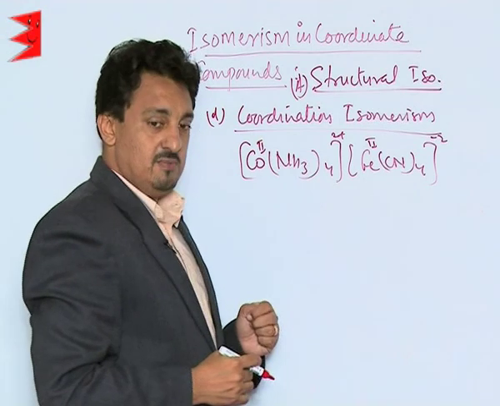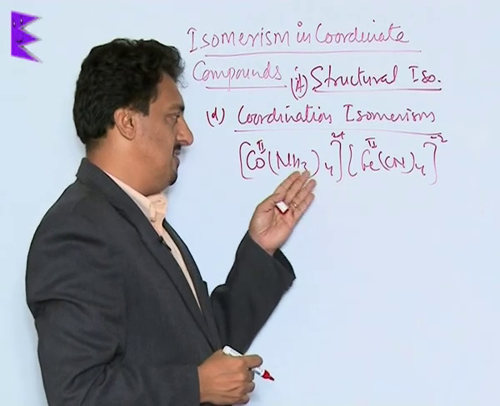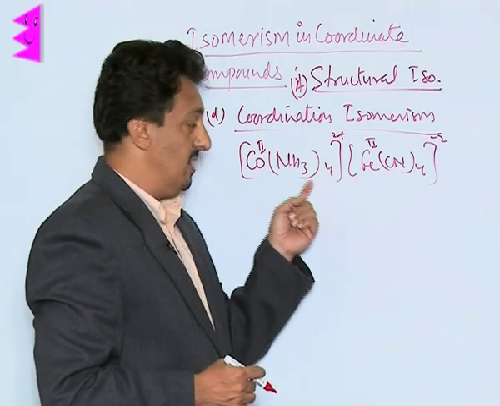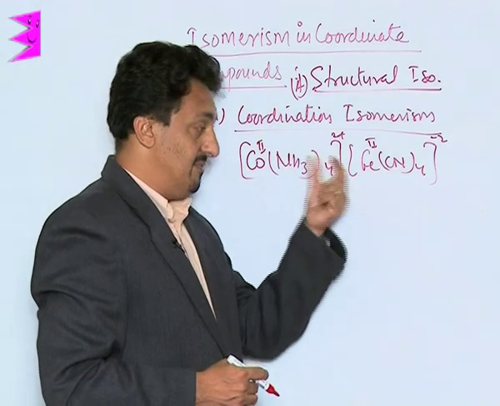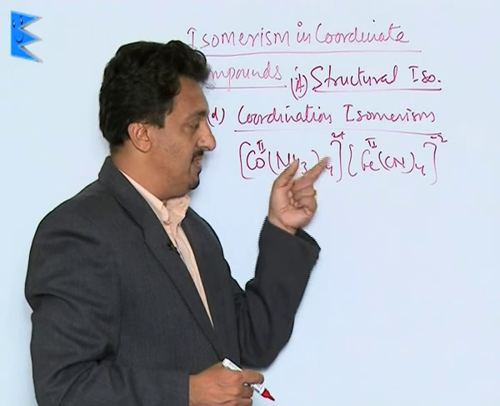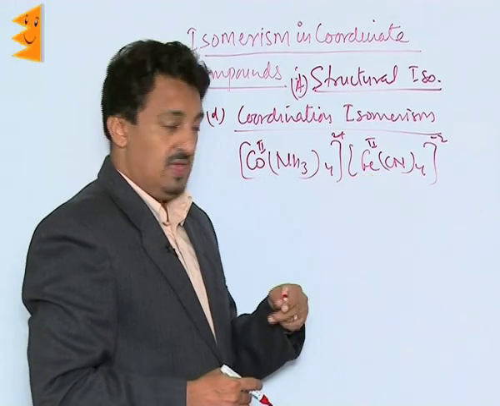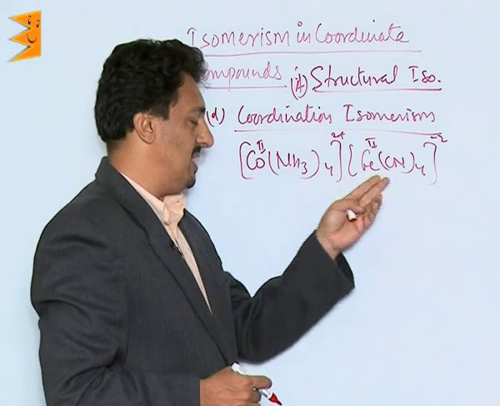Now what we have to remember in this case is that the name of this compound will be tetraamine cobalt 2. We'll leave a gap because that's the name of the cation. Then we will start with tetracyanidoferrate 2. Now in this case we can have another